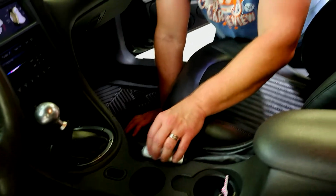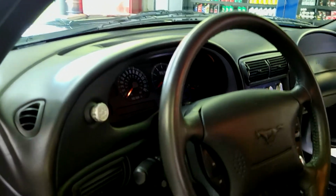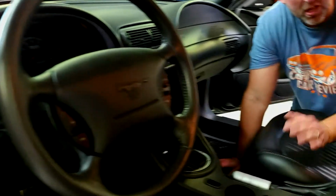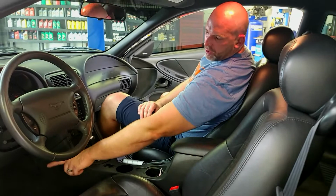This emergency brake handle and these knobs and the light switch, they are not factory, but it's one of those tasteful modifications that someone has done. It looks good, it looks like it goes with the car, but it doesn't take away from the nostalgia of it. My favorite part is probably the instrument panel. The instrument cluster resembles the instrument cluster and the numbers from the 68 Mustang, the old school, the 60s Mustangs. That is different than a regular GT. You also get the stainless